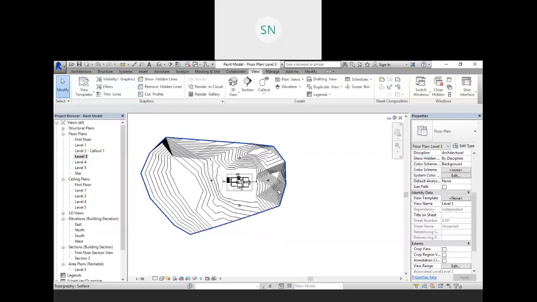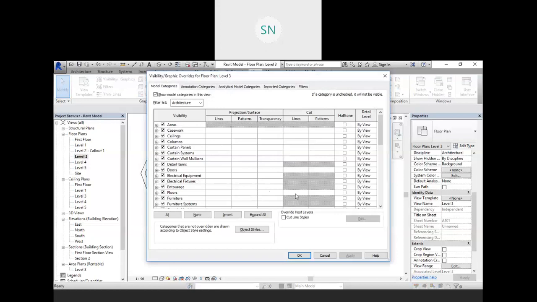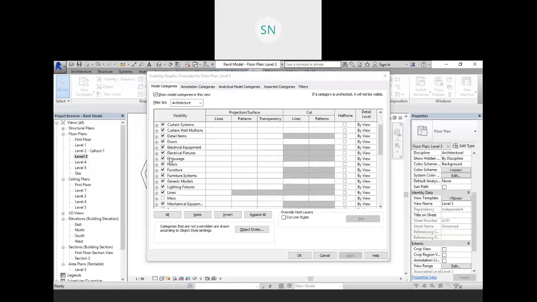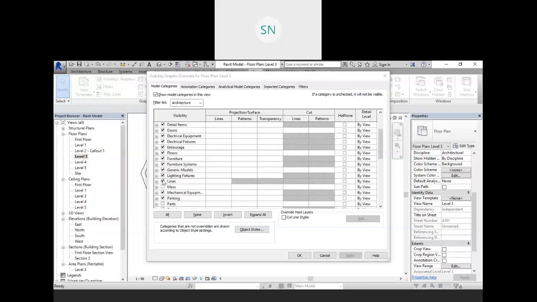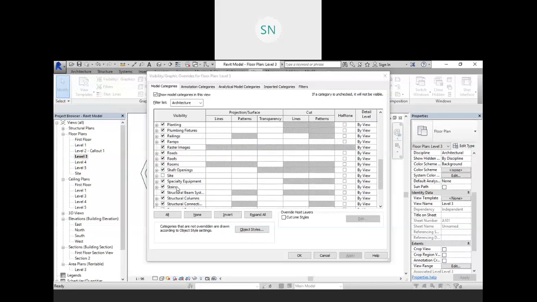Why is this topography still visible? Ceiling, column, stair, door, equipment, floor, lighting fixture, light mask, site we have turned off.